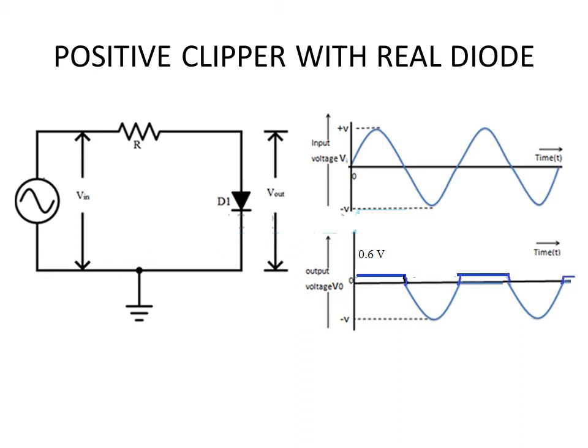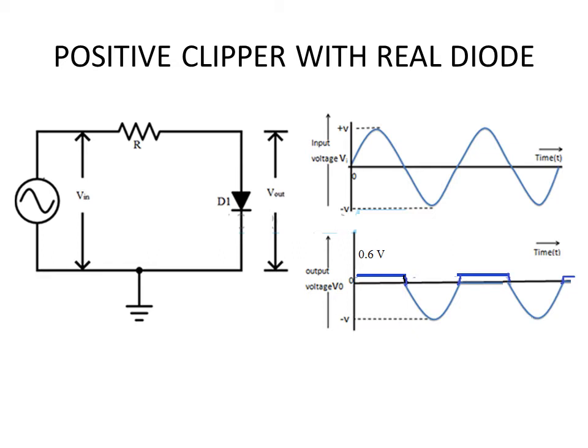So depending on the type of diode that you are using, in all these circuits I am assuming that our diode is made up of silicon. So that means the barrier potential or the knee voltage of silicon is 0.6 volt. So what does that mean? When the diode is forward biased, it will use a voltage equal to 0.6 from the source, and only the rest of the voltage will be making some current flow through the diode. So if you measure voltage across the diode using CRO, the CRO will show whatever is its potential barrier or the knee voltage.